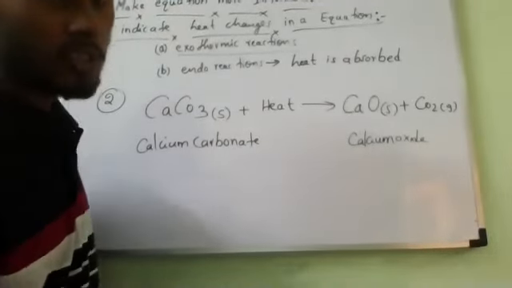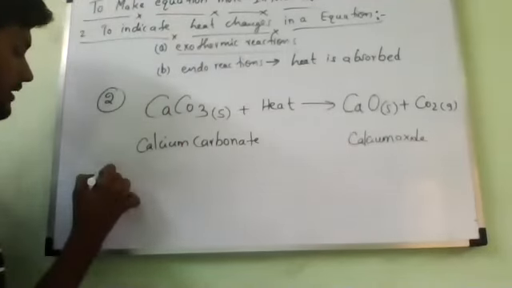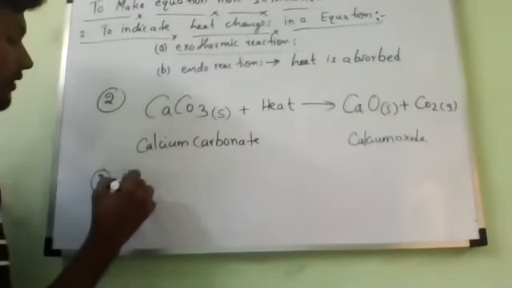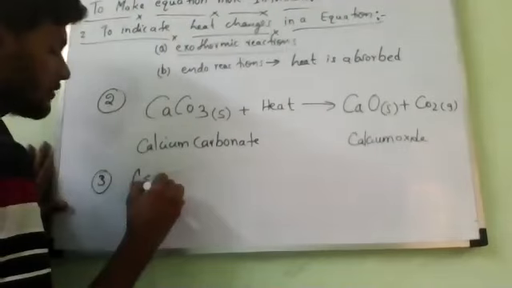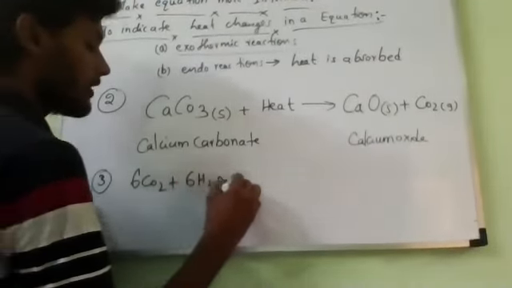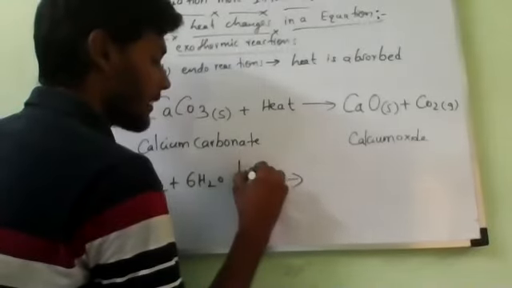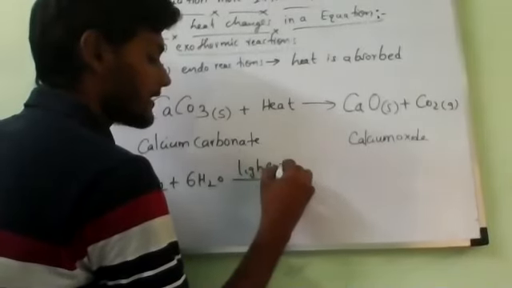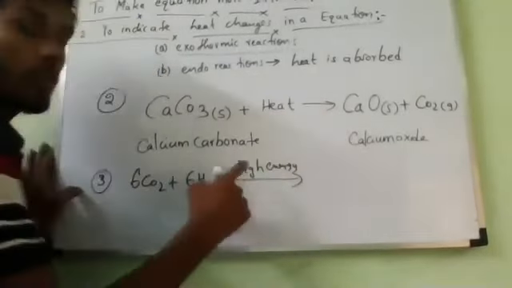Photosynthesis, you tell me. Photosynthesis is a what? Photosynthesis reaction, example 3. What is the photosynthesis reaction? 6CO2 plus 6H2O, which will give you glucose; light energy is absorbed. Sun's light energy is absorbed. That is why we can write above the